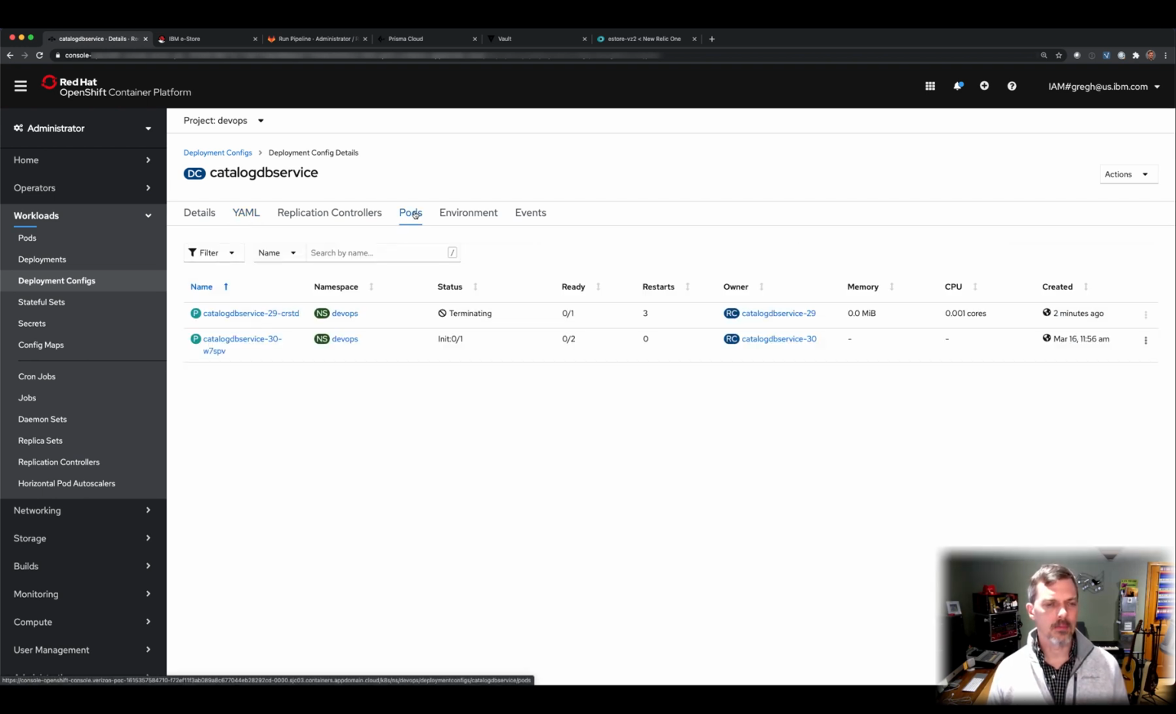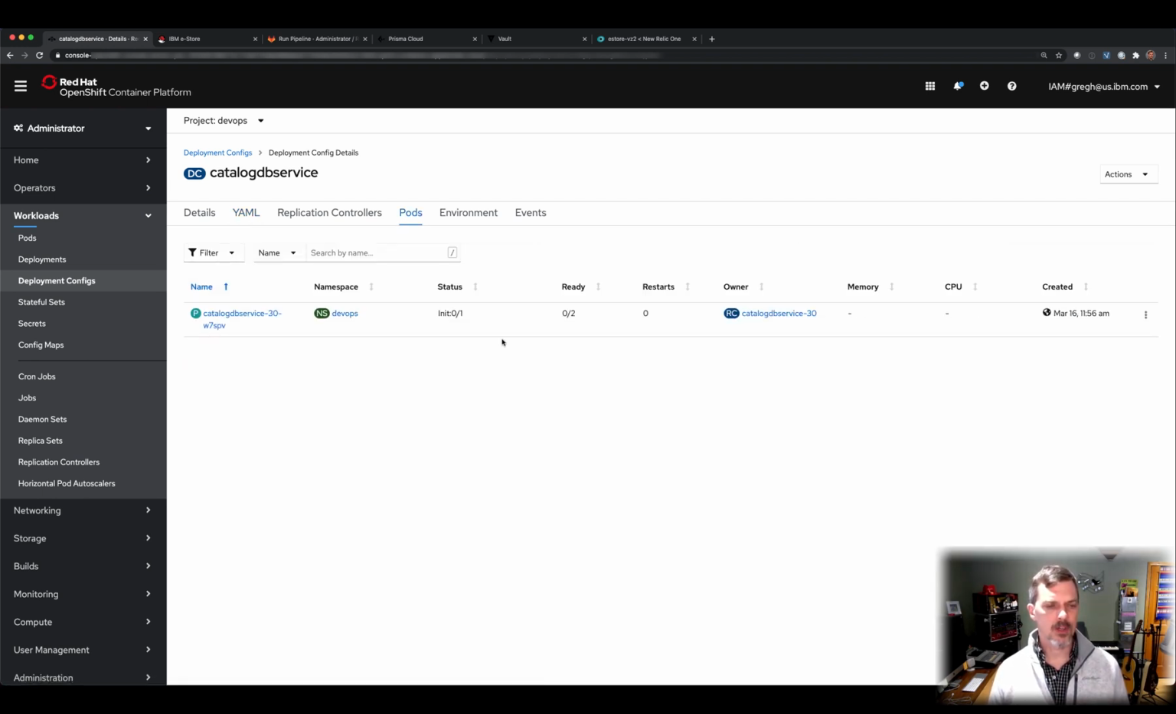Okay, and then I'm gonna go to pods, and it's starting up. It looks like it killed the old one and is bringing up the new pod, and now it's connected again. So this was a kind of a basic example. I could have gone in and actually changed some of the